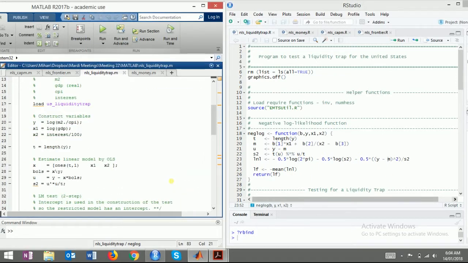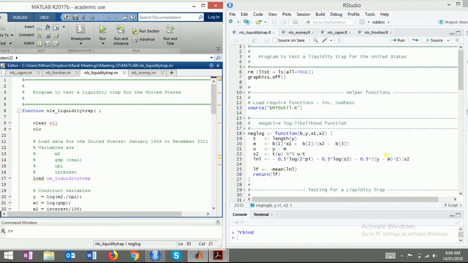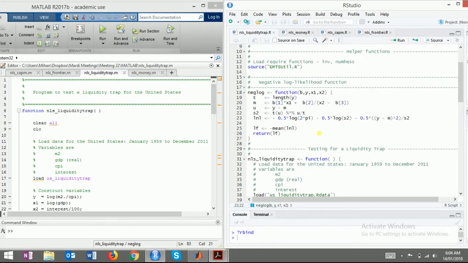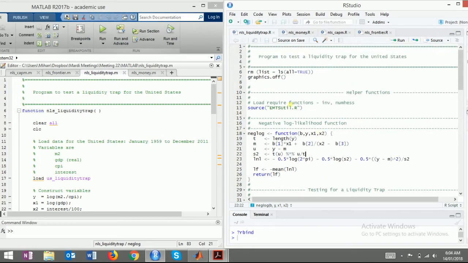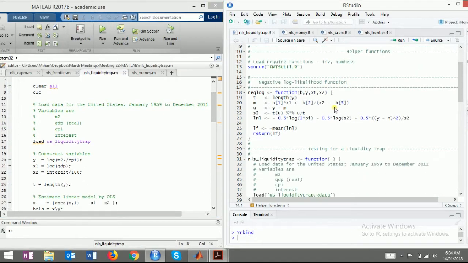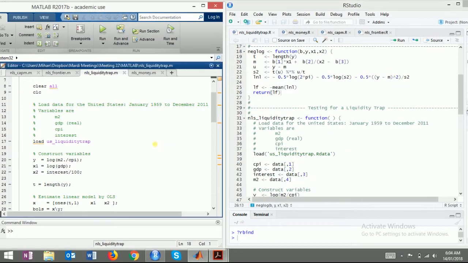Then let's go to the main problem. There is no simulation, so first we need to remove objects, with list equals ls and rm, and graphics off. Then we need to load the package, then we need to load our variables,